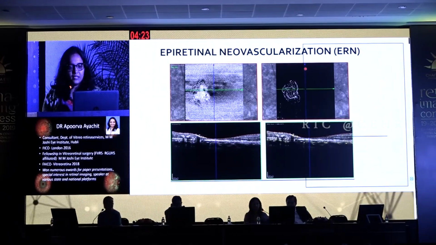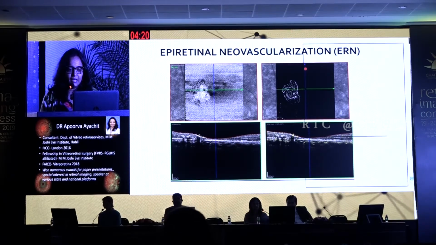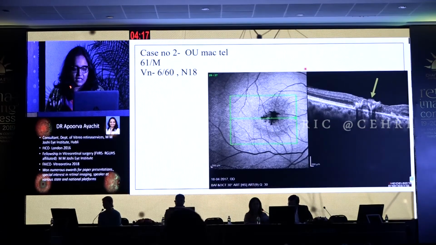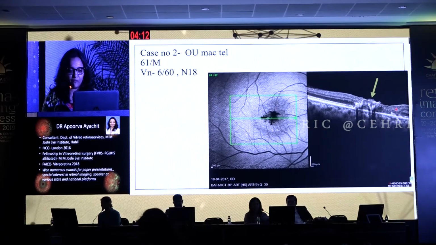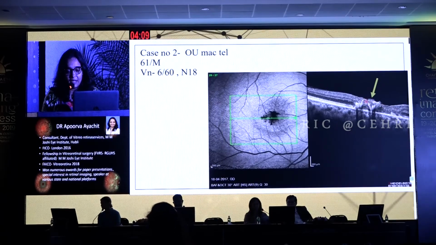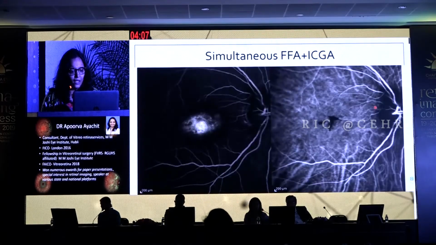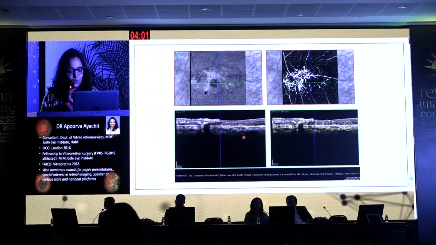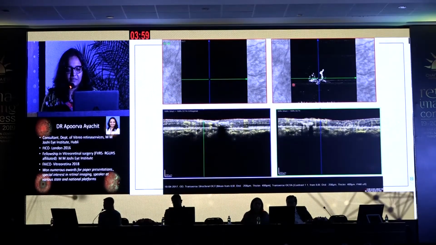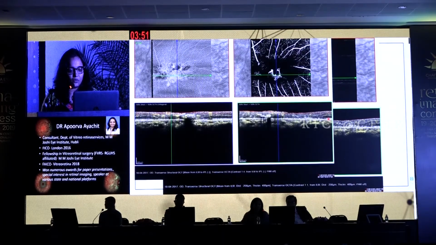So we call this epiretinal neovascular membrane, or ERNM, and saw more such cases. This is case 2, where one eye is affected by the pigment, other eye had an earlier stage of MACTEL. So there was this membrane again abutting pigment. And the ICG showed no CNVM, there was a typical MACTEL FFA. And this was the OCTA of the deeper layers, and you can see a very well-defined membrane or a vascular network corresponding to the vitreoretinal interface. What was interesting was that this membrane cast a projection artifact in the superficial capillary plexus.